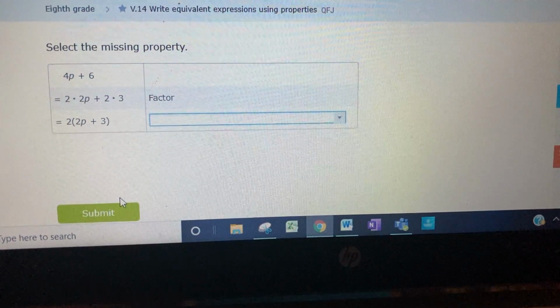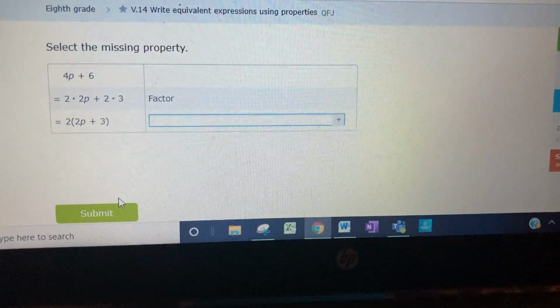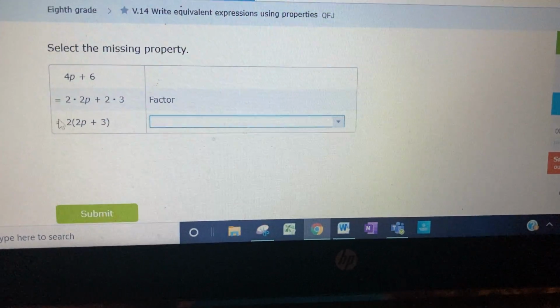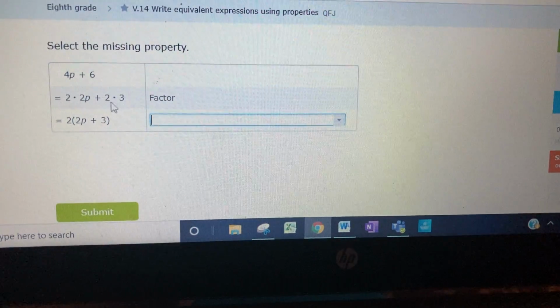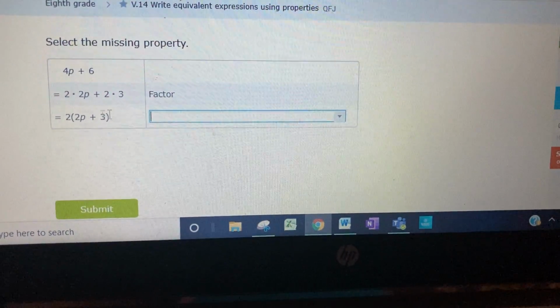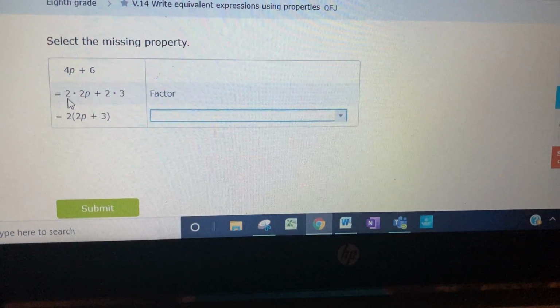All right. Oh, and I should probably do this one just so you see here. So they factored it out, don't worry about that. And so this is which property? So it looks like, so they